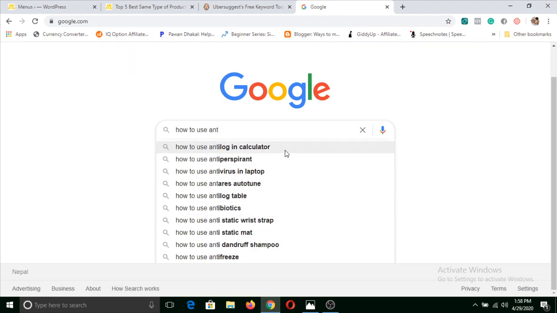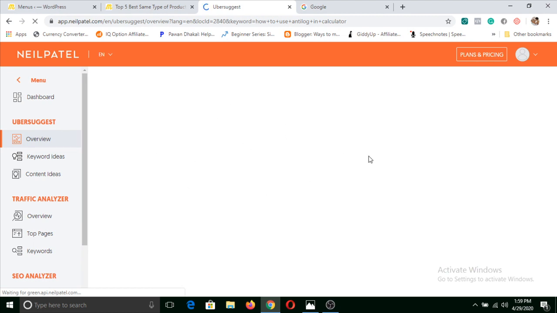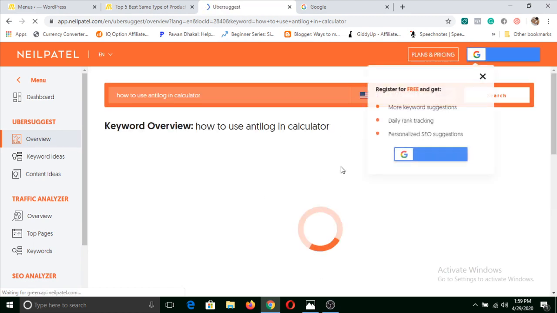So here you can see these are keywords. Now I can simply click on any keyword and paste it into Uber Suggest and click on search, and it will show me how much traffic volume this keyword has and how much SEO difficulty this keyword has.